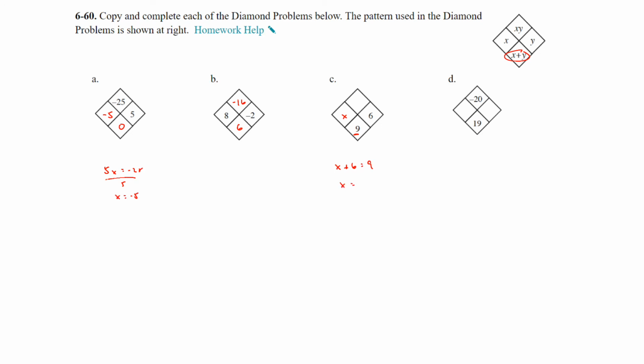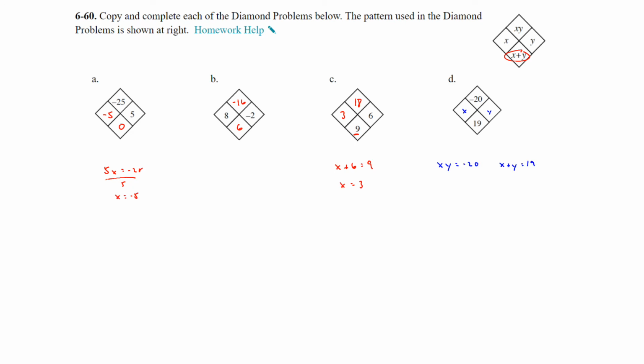So if you subtract 6, what must you add to get the 9? It must be 3. So I'm going to move that x, put a 3 here. So 3 plus 6 is 9, and then 3 times 6 is 18. Now on D, you're given the product and the sum. So now you've got to think about this. I'm just going to call this x and y. So x times y must equal negative 20, but x plus y must equal